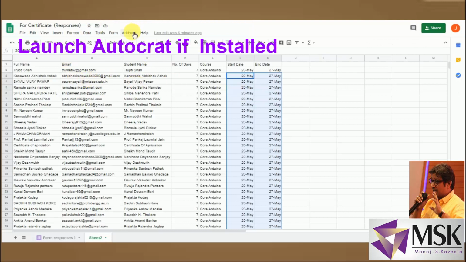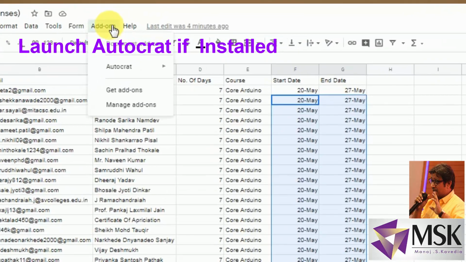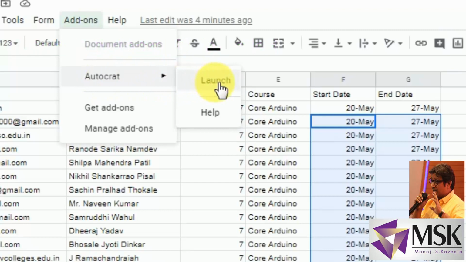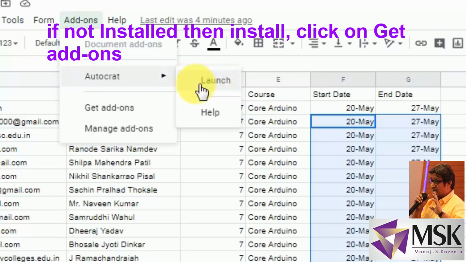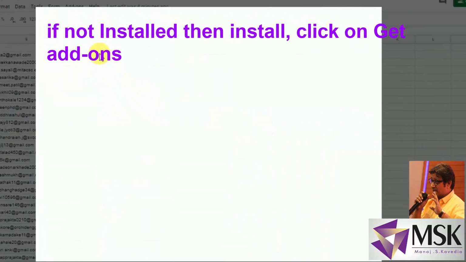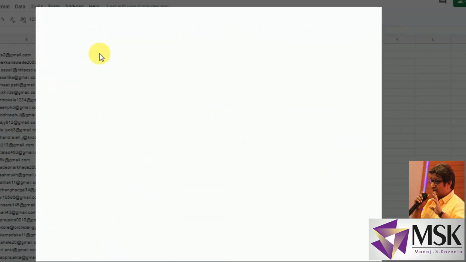And now come back to the response sheet and first see whether the Autocrat is installed or not. For that you go to add-ons, Autocrat, launch. But suppose if it is not there, then you have to get add-ons, means click on get add-ons and install it first.